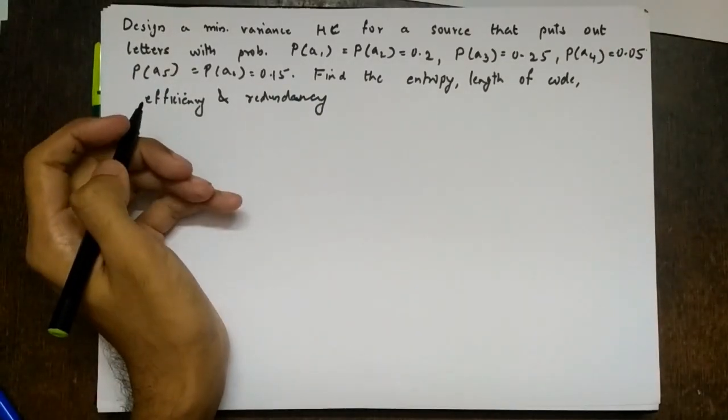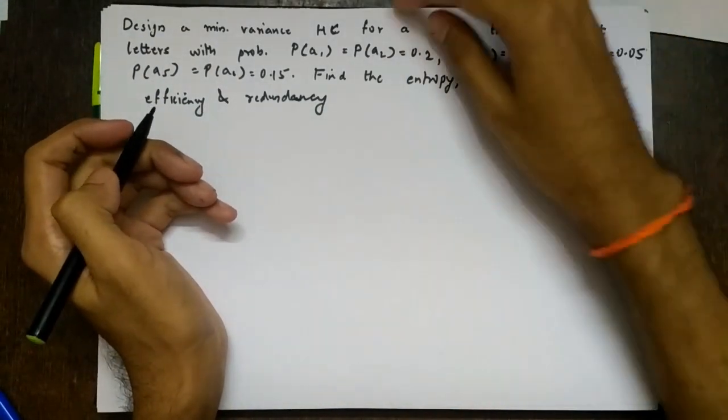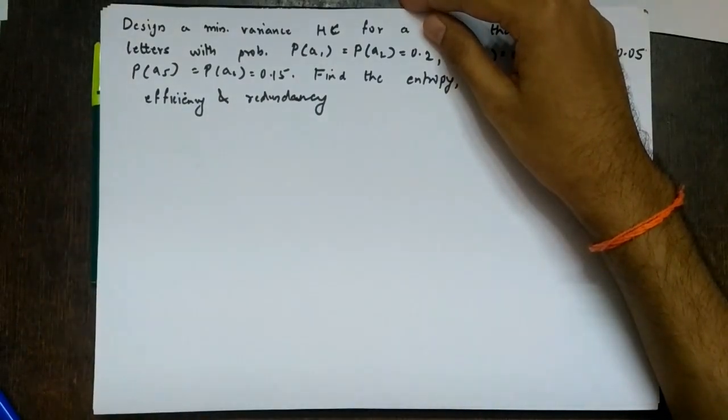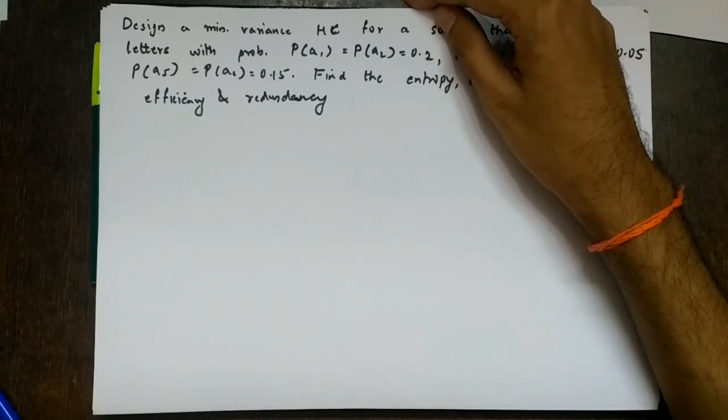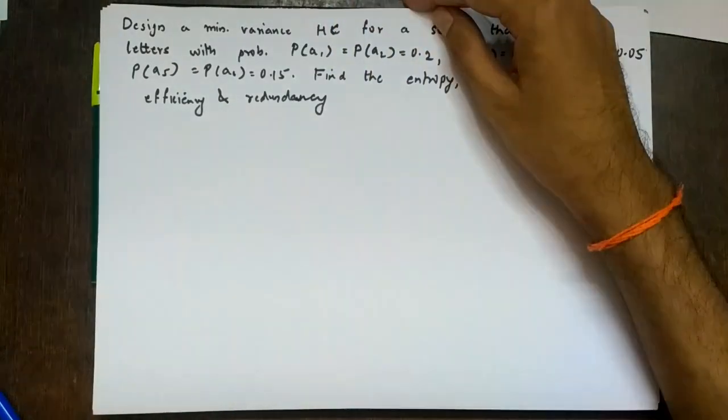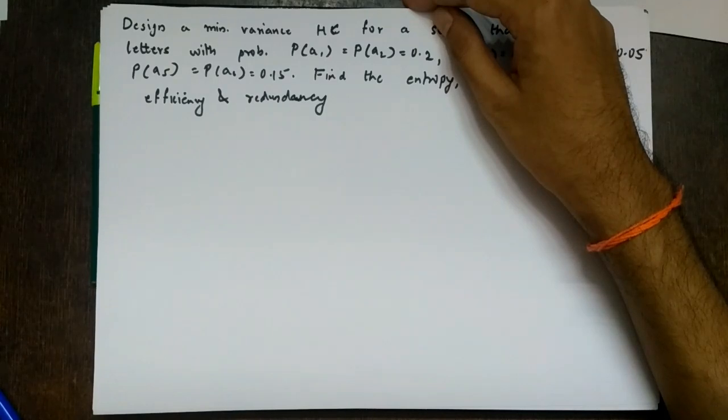Good morning. Yesterday we had started with the topic Huffman coding. So what was the procedure of Huffman coding? It is essentially a compression algorithm used to compress data, and it assigns the code word of the lowest length to the symbol of highest probability. As the probability goes on decreasing, it assigns code words of higher length. In that way we achieve compression.